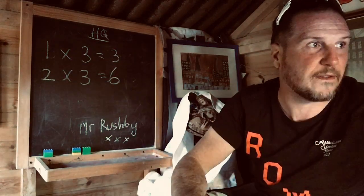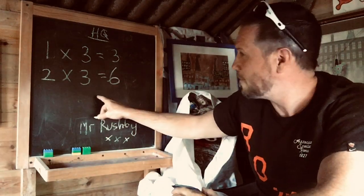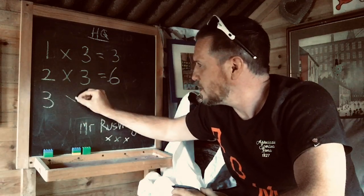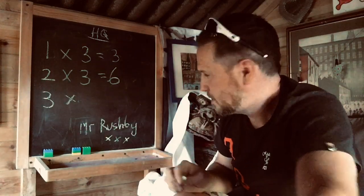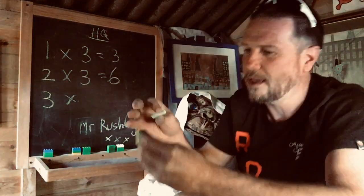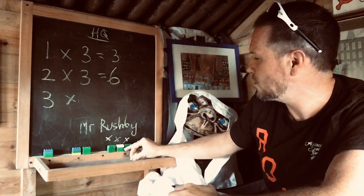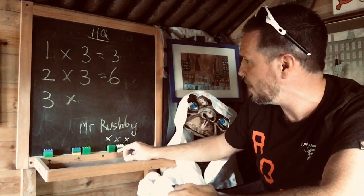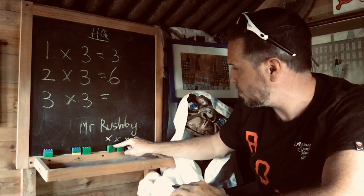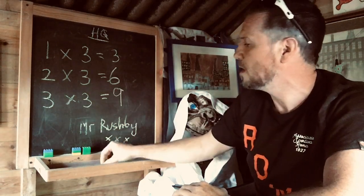So we start to get a little bit of a pattern, and we start to work out exactly what 2 lots of 3 are. So we've got a pattern here as well. Now let's think about this one. So 3 groups of 3. So there's 1 lot of 3, there's 2 lots of 3, and there's another lot of 3, and there we are. 1, 2, 3, 1, 2, 3, 1, 2, 3. So 3 groups of 3, but we are going to have to count them up again, aren't we? So 1, 2, 3, 4, 5, 6, 7, 8, 9 gives us 9 in total,